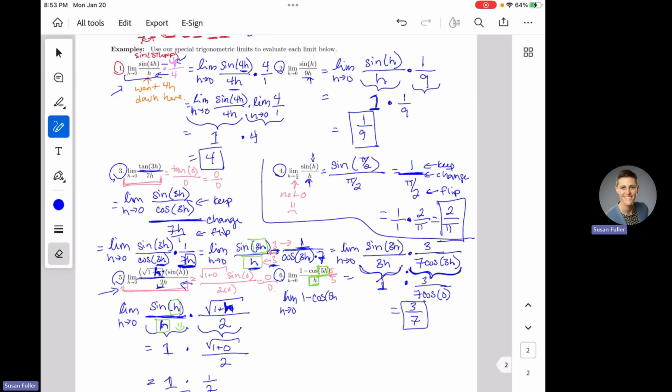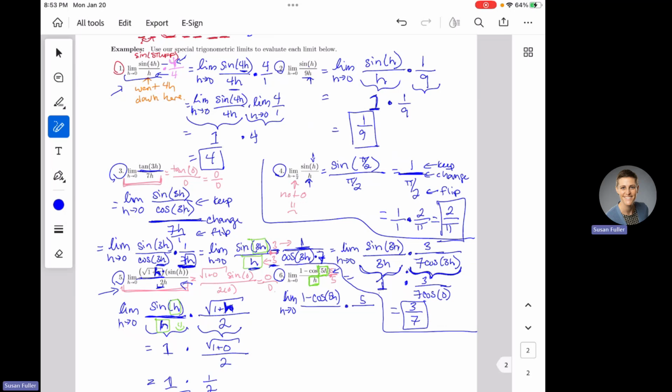All right, I'm going to try to move this, kind of separate this out to give me a little bit more space. There we go. I'm going to have 1 minus the cosine of 5h. That's the top of my gift. And this 5 right here, I don't want that to be part of my gift. I don't want an extra 5 in here. So I'm going to put it over here with my extra stuff because I don't want it. It's not part of my gift. I don't want it.